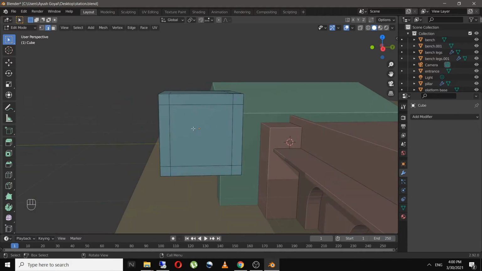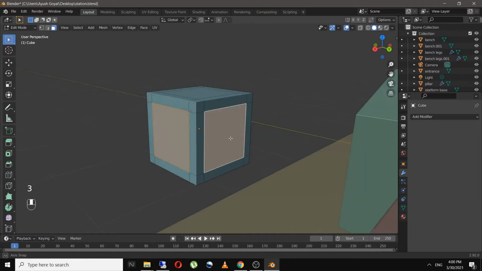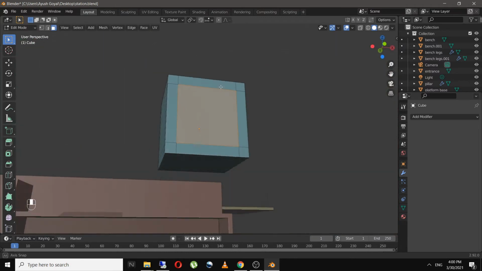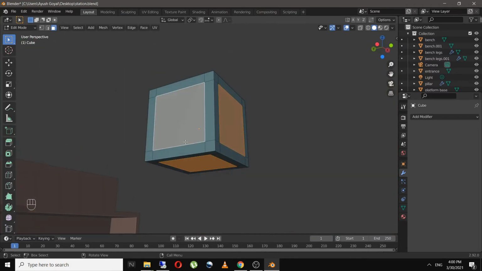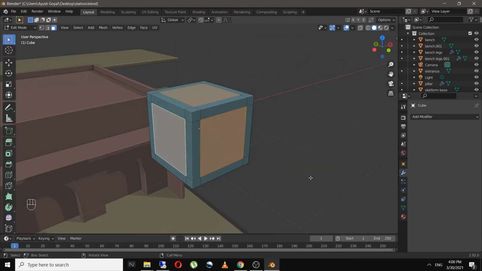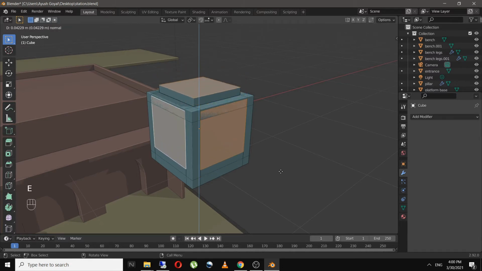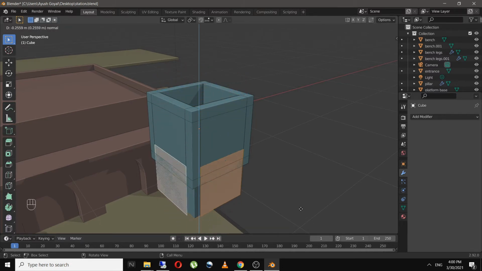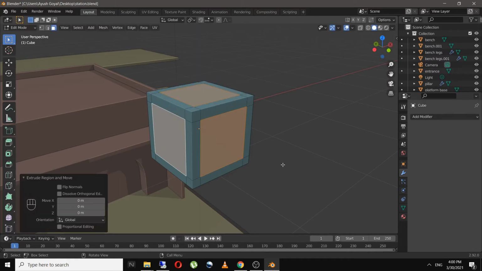So now select these faces, all 6 of them, and now I want to extrude them. So press E, and as you can see this happens. This is extruding on the Z axis, but I want them to extrude individually along the normal.